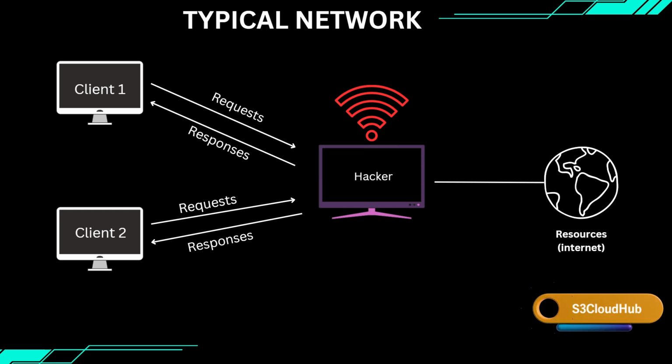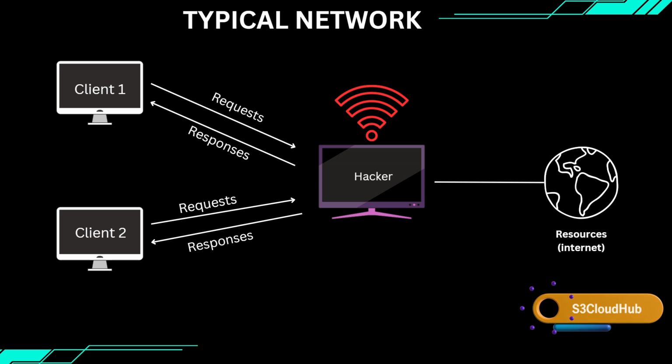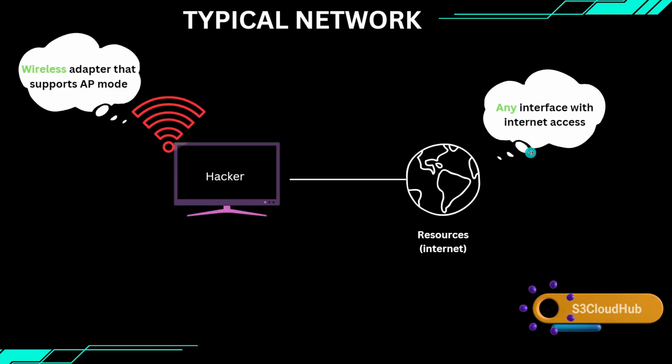And since we are the router, we can see everything they do. We will forward their requests to the internet and send back responses, just like a real access point. But in the process, we will be able to intercept, sniff, and manipulate the traffic however we like once the clients are connected. We can launch all of the man-in-the-middle attacks we have demonstrated earlier without needing to run ARP spoofing or anything fancy. All you need is a computer running Kali Linux, internet access, and a wireless interface capable of broadcasting the Wi-Fi